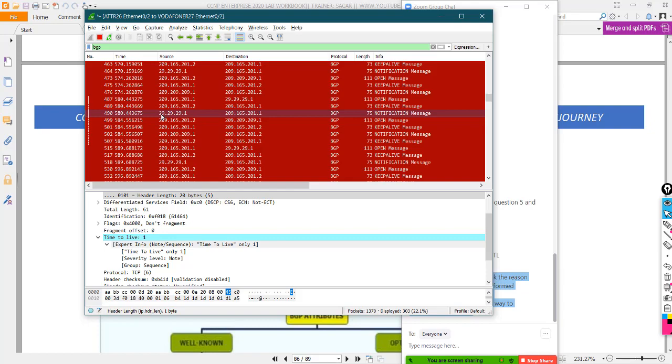It was originating from one of the loopbacks, and on the destination side it was trying to build neighborship with this IP, 209.165.201. But in fact, we are trying to make neighborship between two loopbacks, loopback one on one side and loopback one on the other side. So we had defined our neighbors to be a loopback IP.